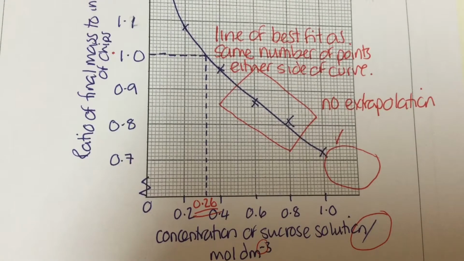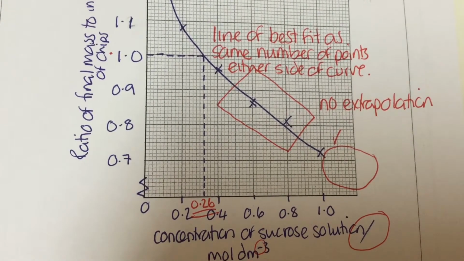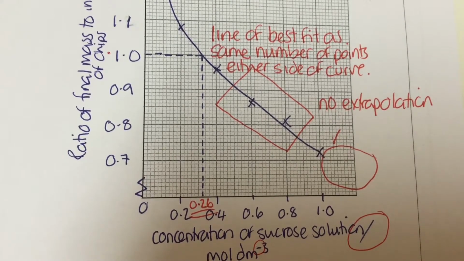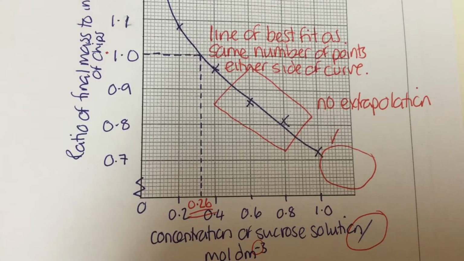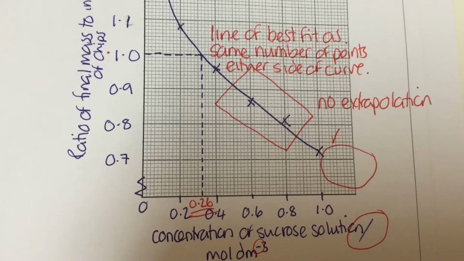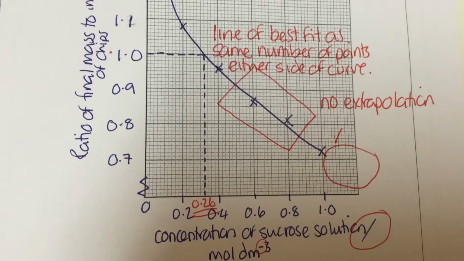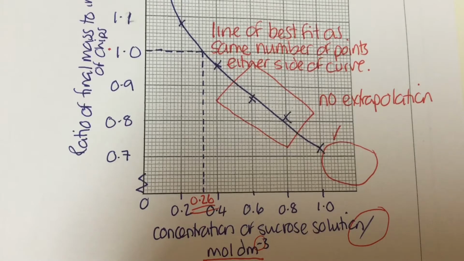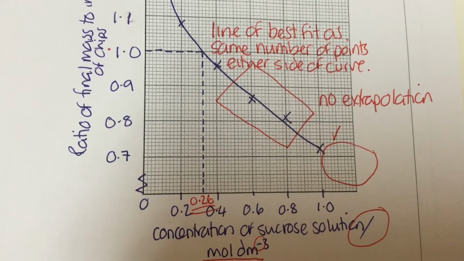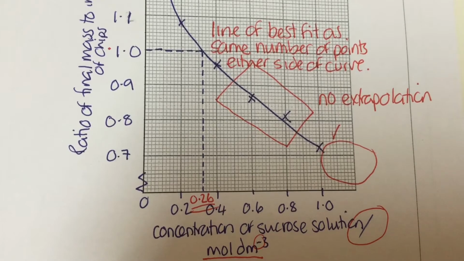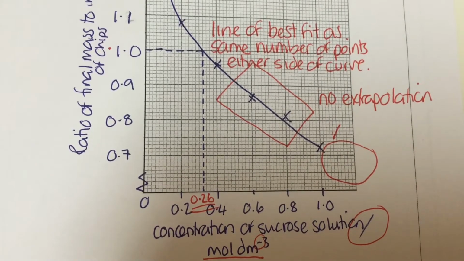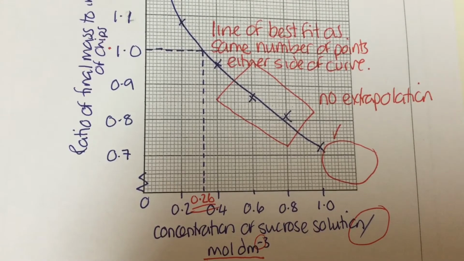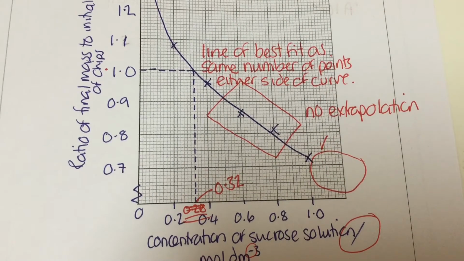And with the new specification, often they will ask you how you would use the graph to find that out. And of course, you would talk about moving up to the y-axis, moving across from the y-axis to the curve, down straight to the x-axis and taking the reading from there. And indeed, I'm just looking at what I've done there. Can you spot my deliberate mistake? What I've done is I have gone up in twos, 0.2 to 0.4. So where I've written 0.26, it isn't actually 0.26, is it? It's 0.32. I've done a classic student mistake, so it just shows you how easy it is to do that.